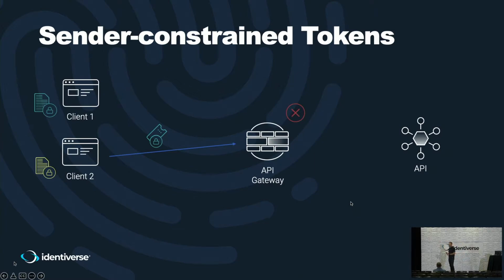It could be not expired, and have the scopes needed and things like that. But it performs a check of a specific claim in the token, a cnf claim that contains the certificate thumbprint of the client that the token got issued for, which in this case would have been